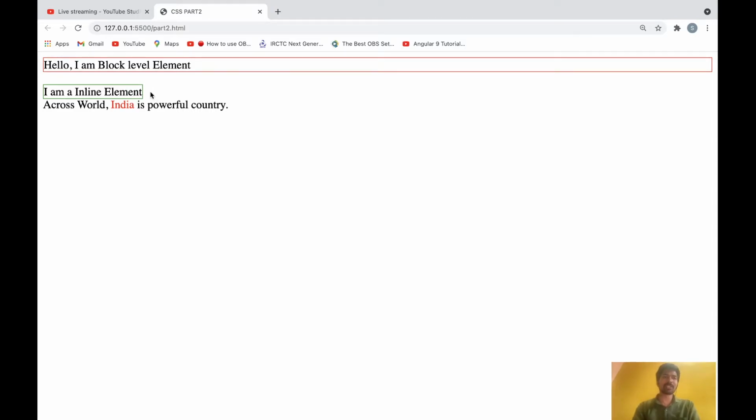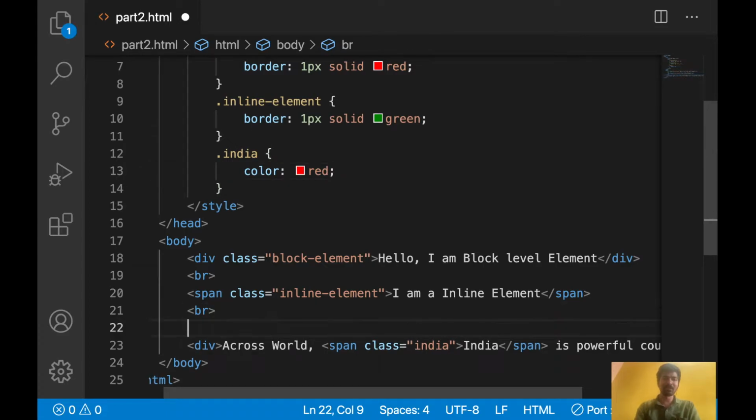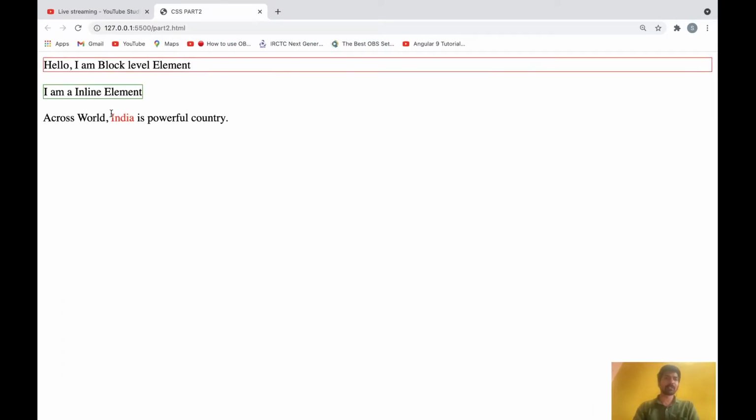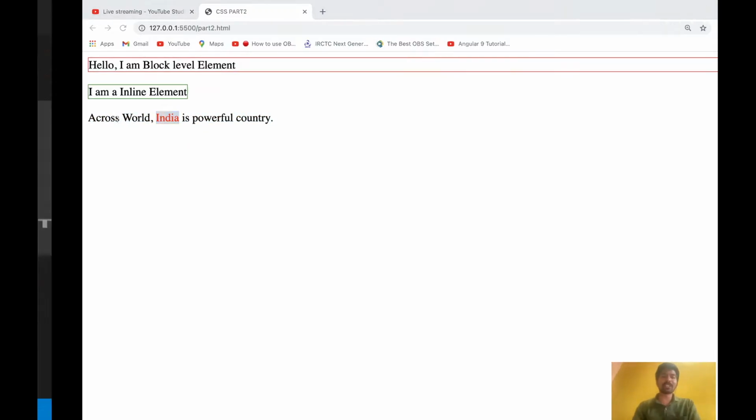Let's give some more space before this. If you see here, India is highlighting in between this sentence. I'm just highlighting one particular word using an inline element.